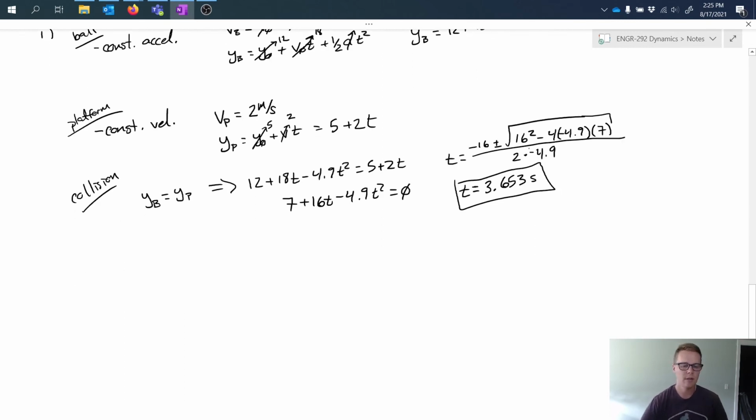Now, that's one part of my answer. The other part of the answer is where. So where are the ball and the platform when this happens? Well, of course, again, that's related to position. And I can substitute this time into either of the position equations that I have. I might as well pick the easier one to work with. So I'll use the platform equation and say it's equal to 5 plus 2 times 3.653. And in that case, I'm going to get